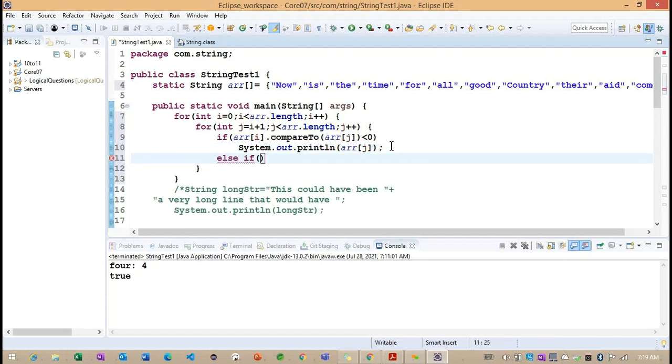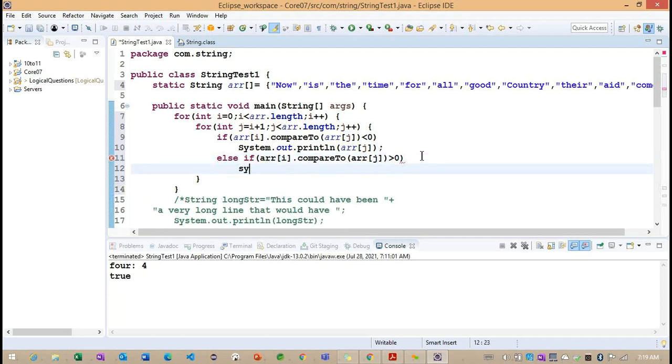And here one more else if; I want to copy the same condition, and instead of less than 0 I want to make it greater than 0. Here also I want to print the value.